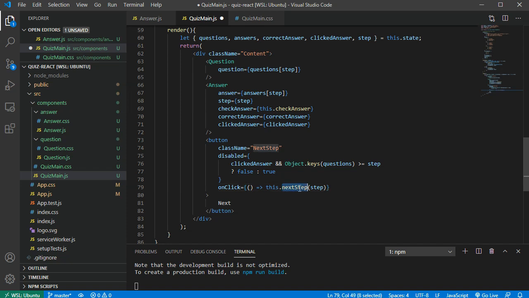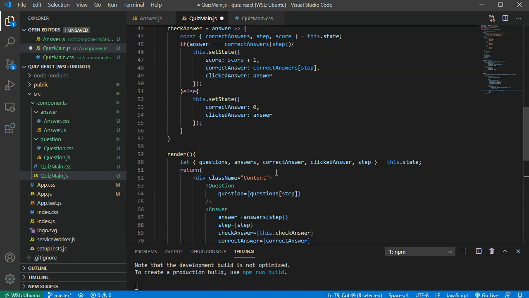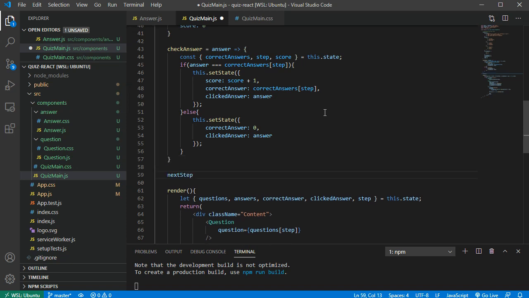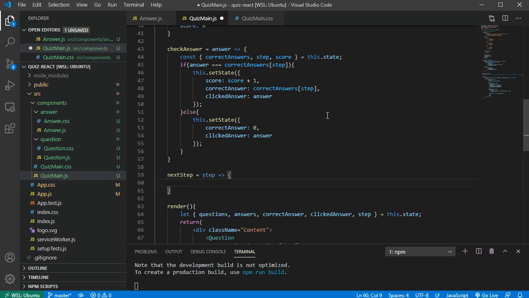Let's go ahead and create this method right below the click answer. It's going to be the step. And here we just update this with setState,